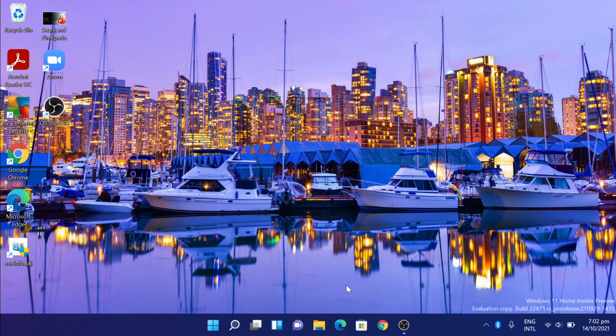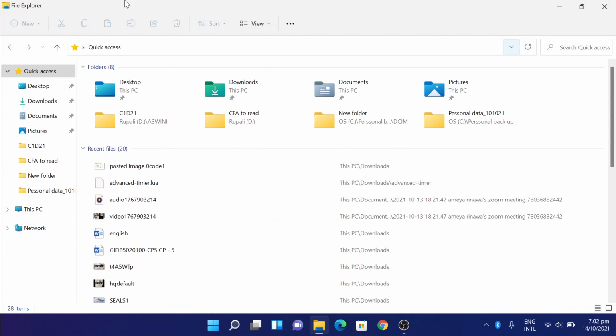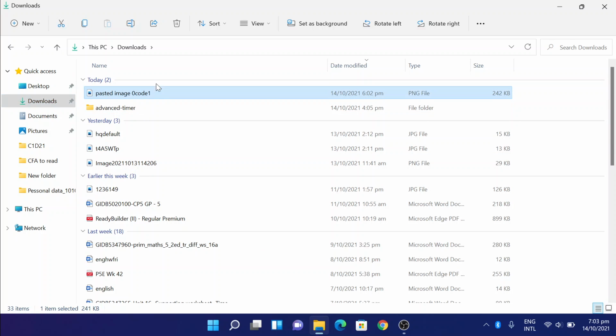So that's all. Now let's move on to the file explorer, how it looks. Now Microsoft has changed everything in this except some things. Okay, everything. Like the folder icon is different, the desktop, the downloads, documents, the pictures icon, everything's different. The This PC, the network icon, and especially, for example, if I go to downloads and just click that,